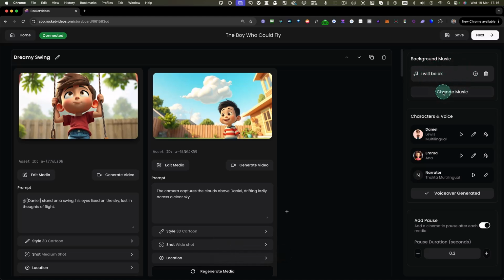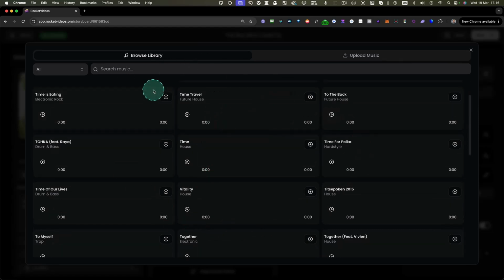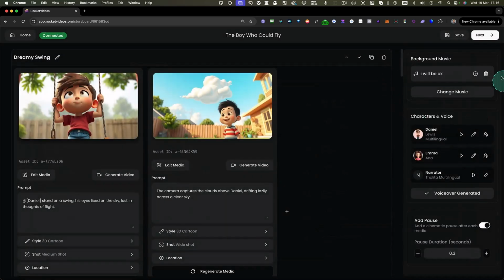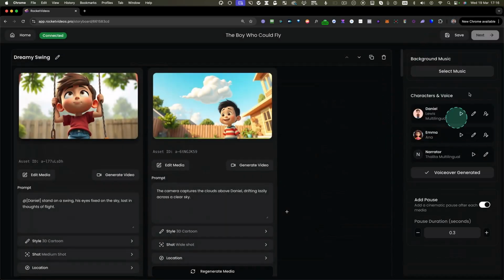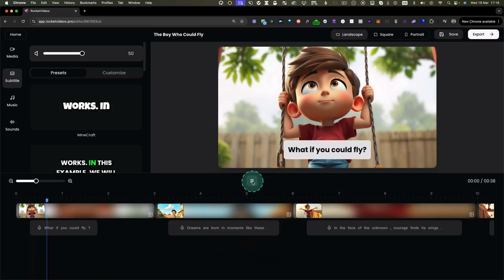So when I click save, and I go next, before I do that, I can also change the background music. If you want to have background music, you can go through our library of music in here. You can play the music and you can add the music. In this case, I'm going to delete the music here and I'm going to click on save and I'm going to click next. And this will open the video editor for you where you see the whole story. So when I play the story now,